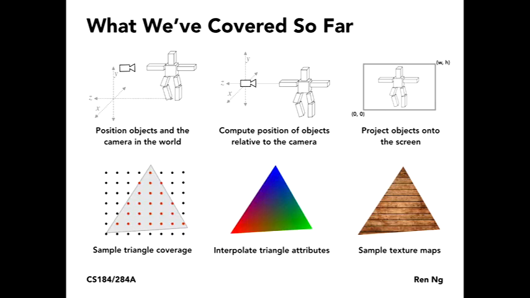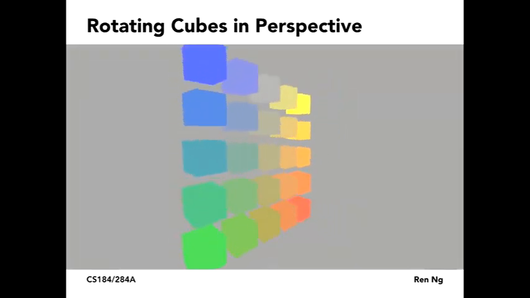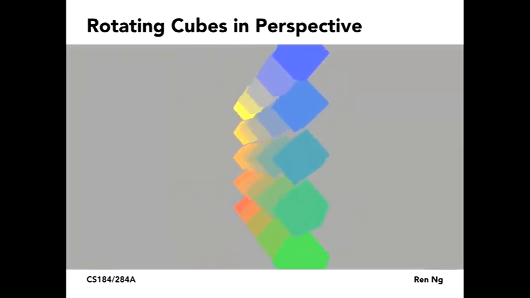And then we talked about how to sample using texture coordinates into these 2D function representations, these texture maps, to pull that image data onto the map, okay? So that's what we've covered so far in the class. So what would that get us to, or what would we be missing